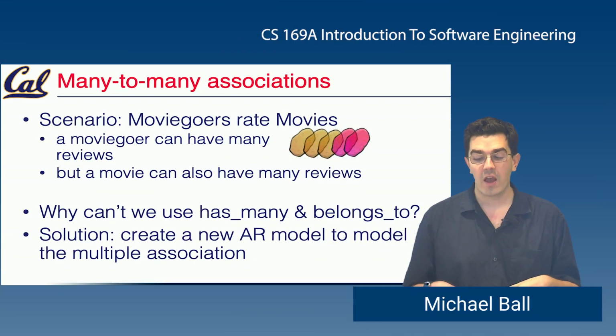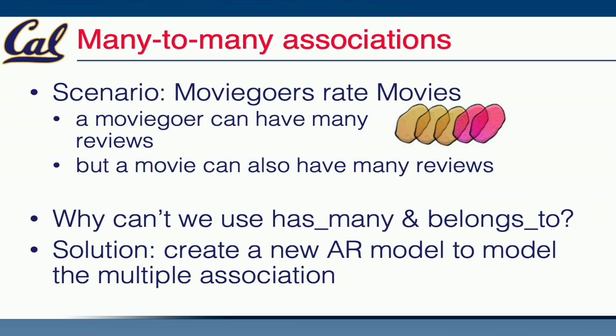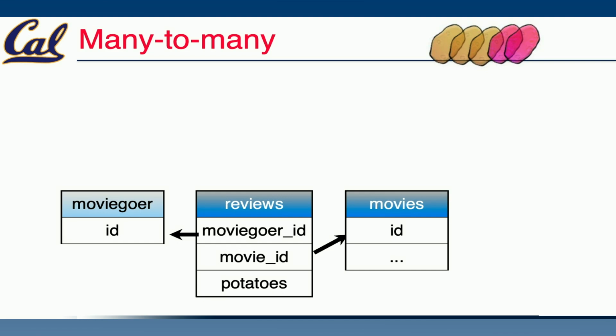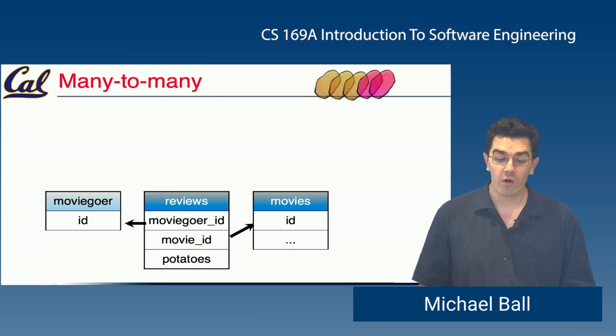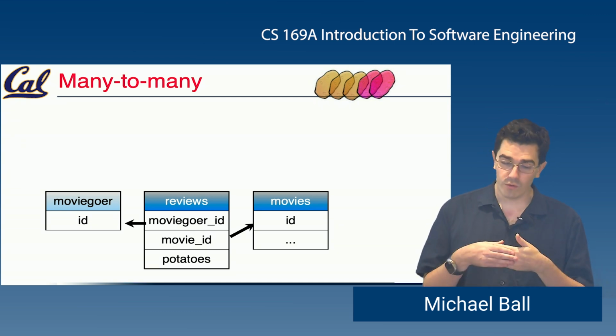Well, we're going to use a new model in our database to model this many-to-many association, what is sometimes called a join table, that joins two distinct models together in a many-to-many association. In this case, we actually already have that model, and that model is going to be our reviews model. So before we had a review that had our potatoes and our movie ID, we're going to augment this to have an additional foreign key, moviegoer ID. And this is a common pattern for what we call join tables, that the purpose of a review now is